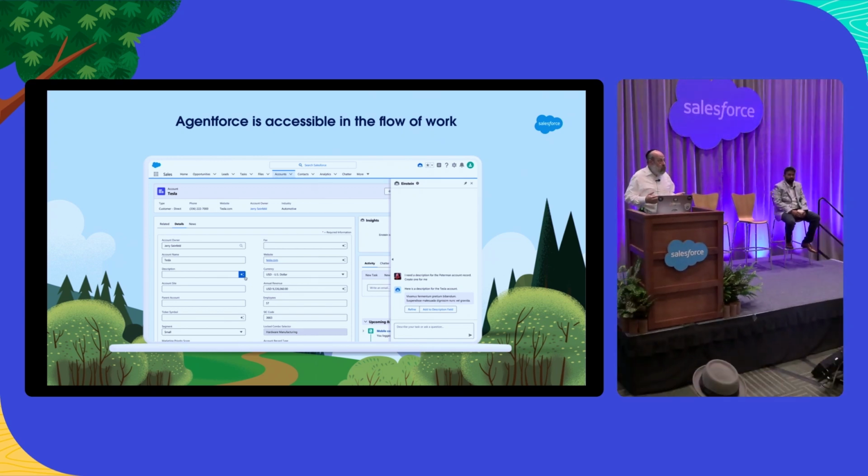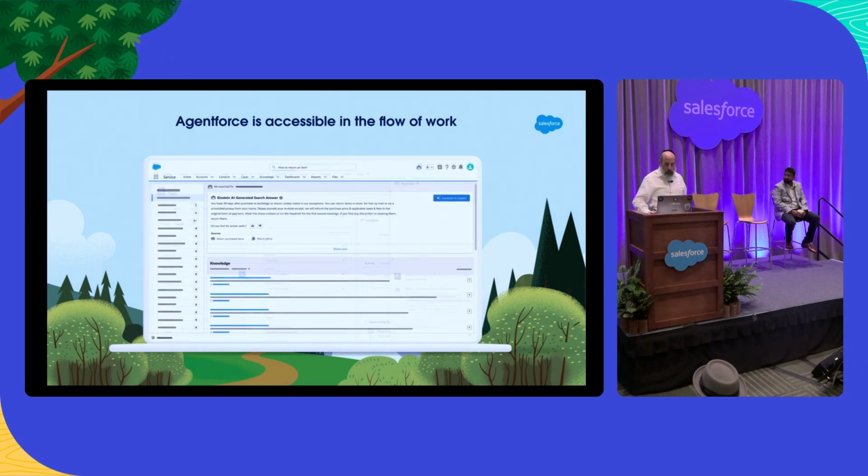However, there may be scenarios where there is more than one action that I can take, in which case, as you can see, I can click on the button to take the appropriate action. I can also interact with Agentforce through Einstein Search. As I perform an Einstein Search, I may get a prompt that says, would you like to continue in Agentforce? And the great thing is, both ways that you interact, whether through Einstein Search or through Agentforce, leverage the same underlying features, capabilities, and services, so your interactions and your experience will be consistent regardless of how you interact with it.